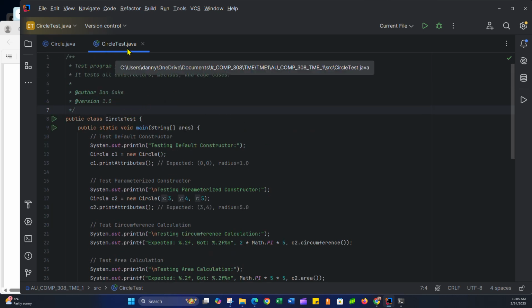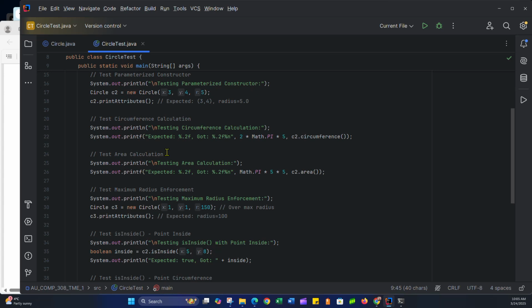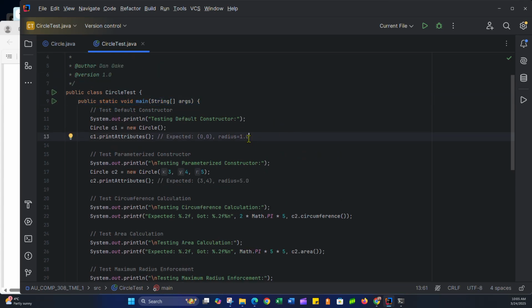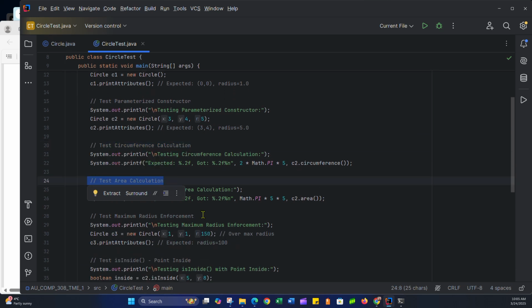The test class, I'll try to be a lot quicker here, just tests the circle class. So this is CircleTest, and it simply calls the main method right away, public static void main(String[] args), and does all this stuff inside there. So I'm just testing a bunch of things. So this tests the default constructor, then I'm testing the parameterized constructor, test the circumference calculation, test the area calculation, test the maximum radius enforcement,